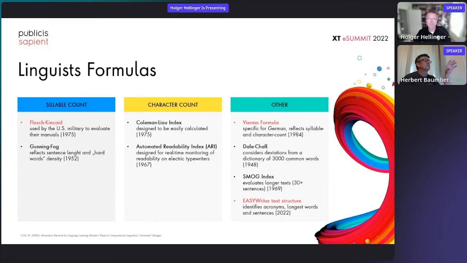The first one is a simple syllable count, right? Where you look at how many syllables there are on average in the words, how many syllables there are in the sentences, and so on, to calculate a complexity score of the text. One very popular formula is the Flesch-Kincaid formula, which has been used by the US military since the 70s, and